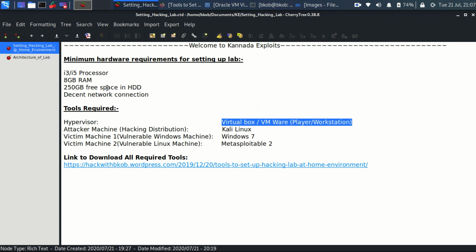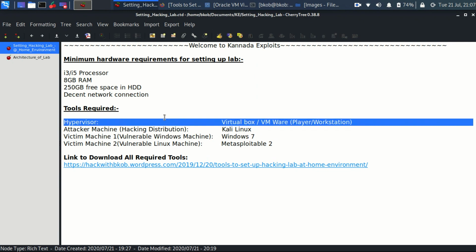One of the very major market leaders is VMware, but obviously it's a paid tool. So that's the reason I would typically follow VirtualBox because it's an open source tool, and it's free, obviously. So that's the reason I would suggest VirtualBox. It gives all the things that you require. So I would always use VirtualBox for my videos, right? So this is the very first tool that you would be requiring.